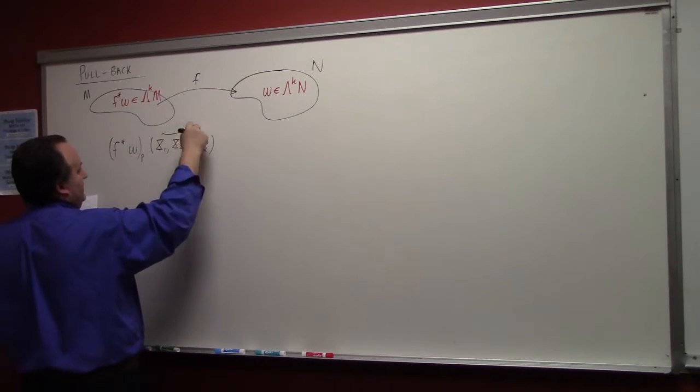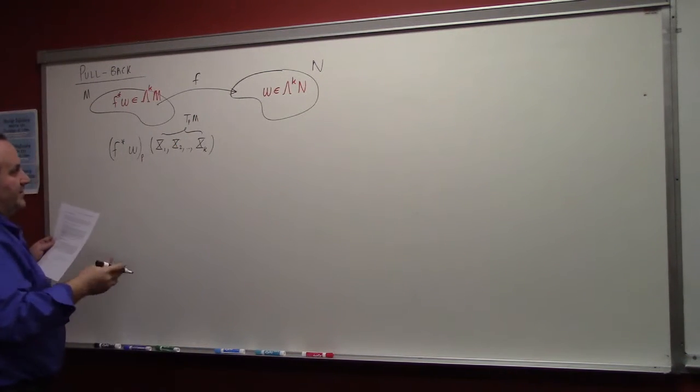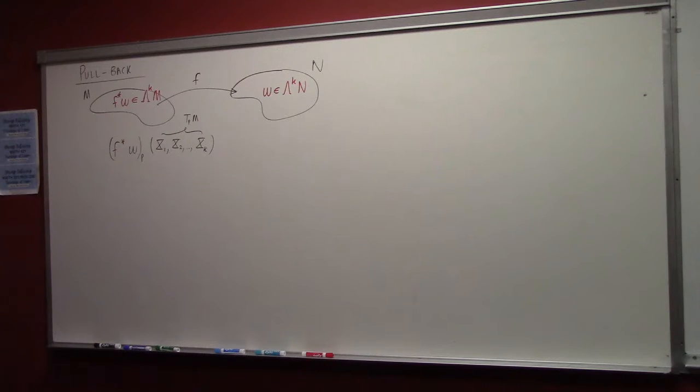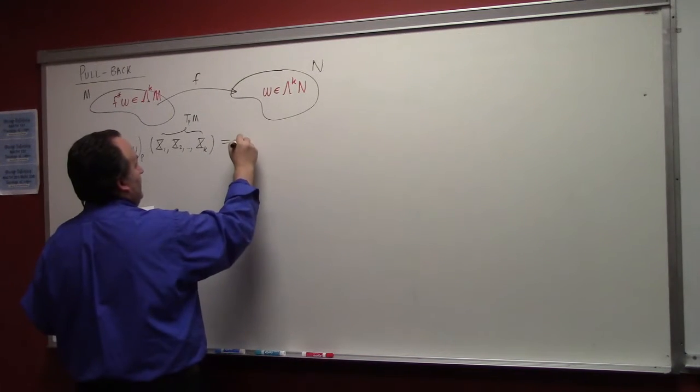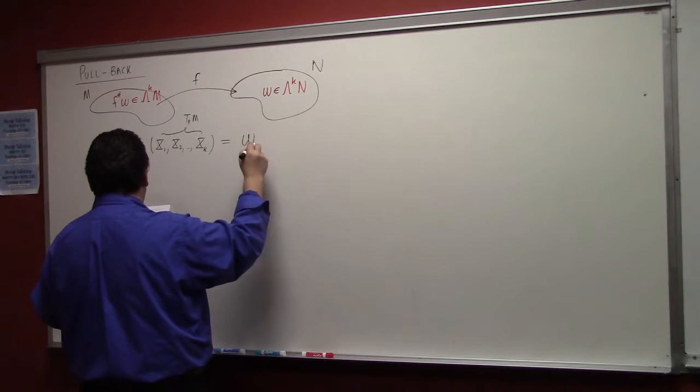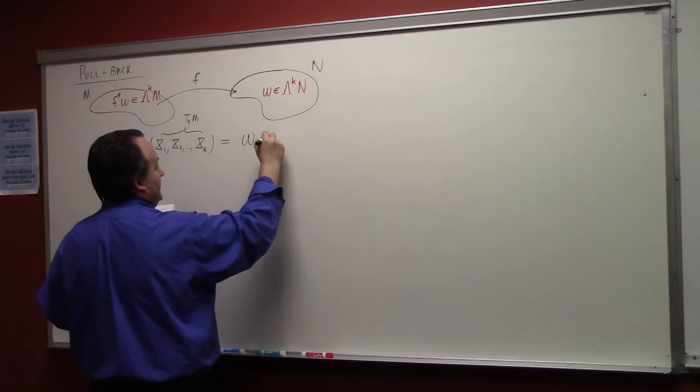These would be all in T_P M, right? Each entry there is a tangent vector at P, all right? And so what's that going to be equal to? That's going to be equal to omega at F of P, all right, acting on